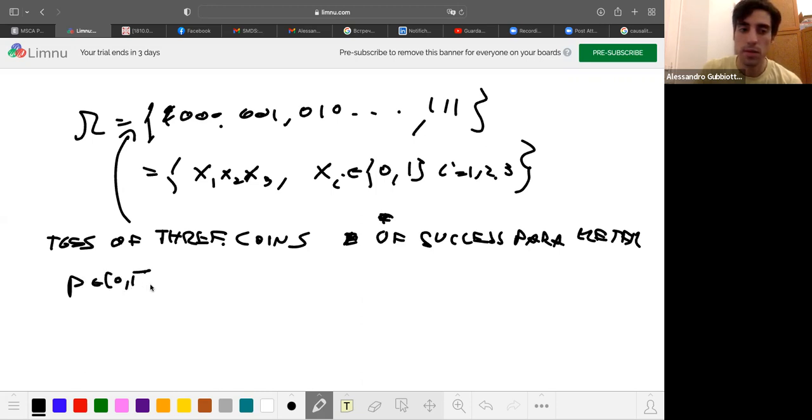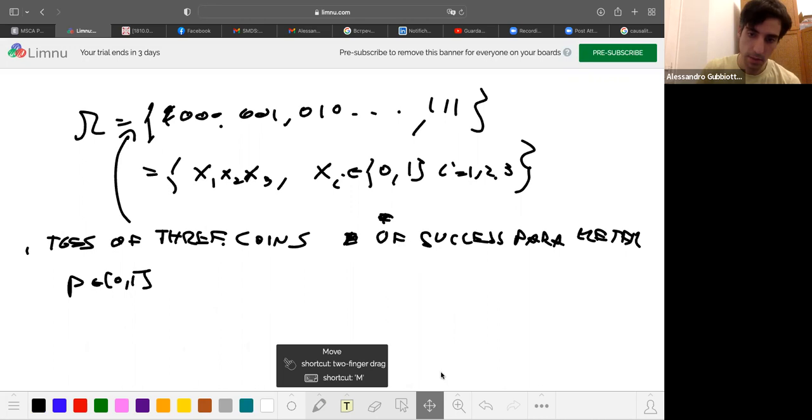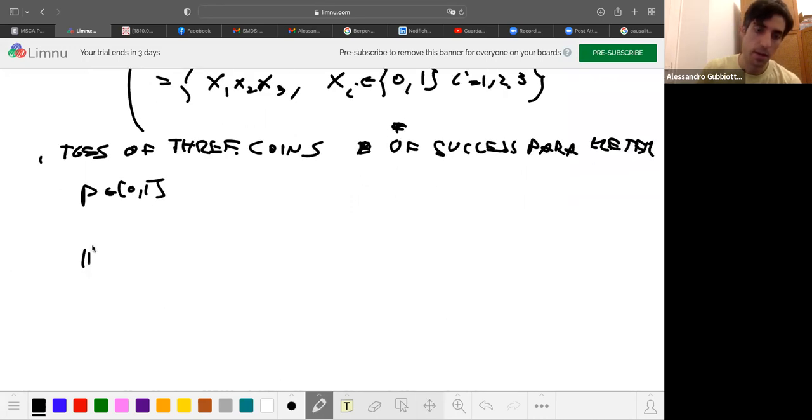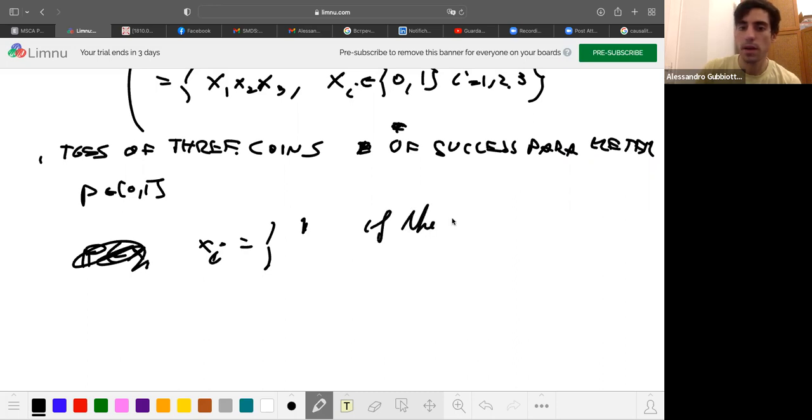What does this mean? So toss of 3 coins means that omega is that one. Success parameter p means that if we define Xi equal to 1 if the ith toss is heads, 0 otherwise,